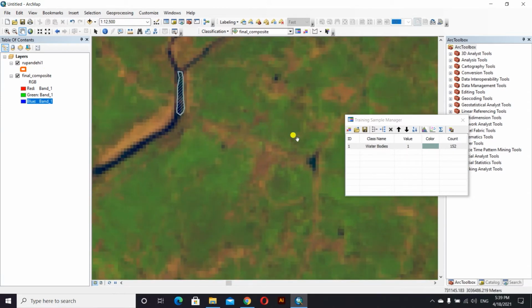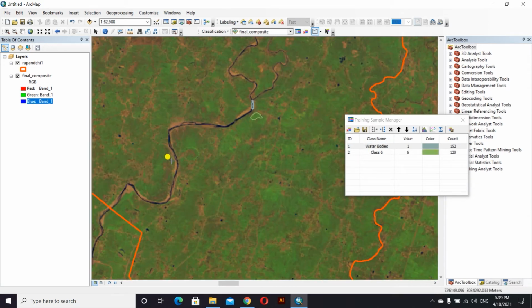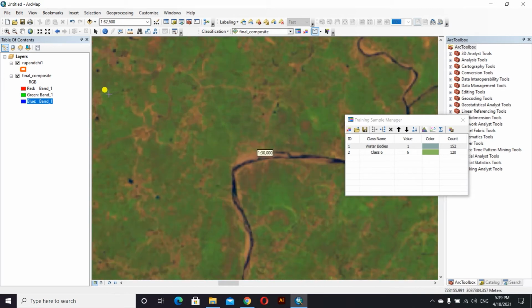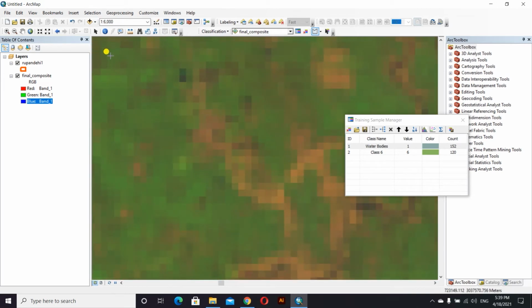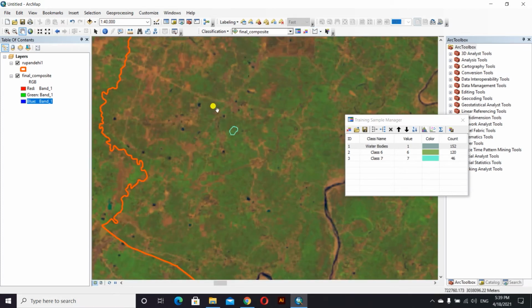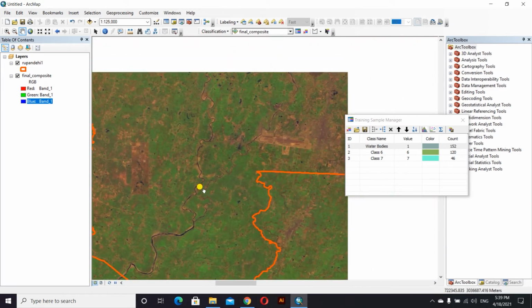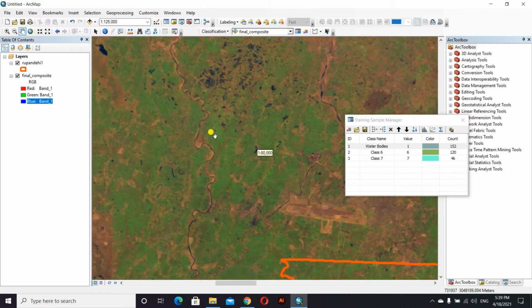This is the first sample band, and the second we will take from here. This is the second sample band. While selecting these samples, keep in mind that we should select uniformly from each and every corner. So the third I will select from this.